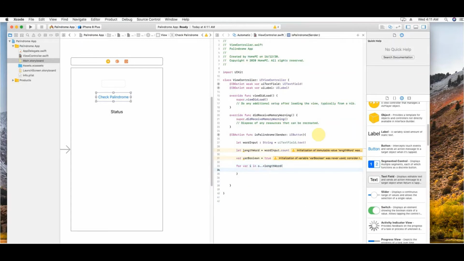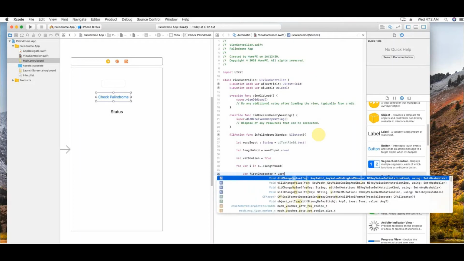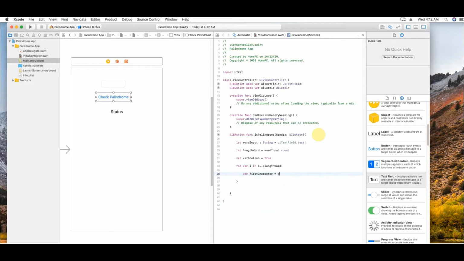And now we have to check it in some kind of if else condition. But before that, to keep it simpler and explicit, I'll check the first character from the start, the left hand side character. You can name this variable anything. I'm just naming it first character, and that will be nothing but the word input we got.